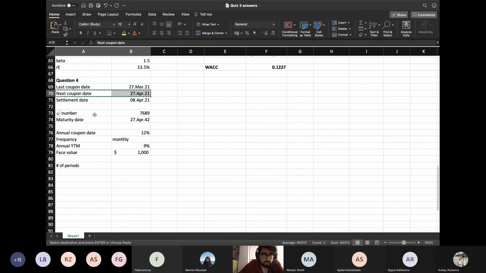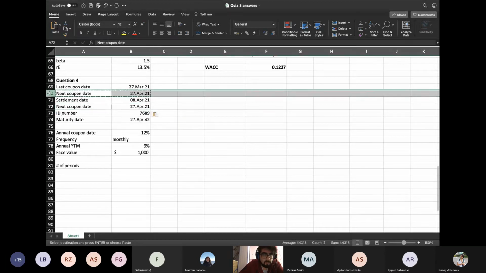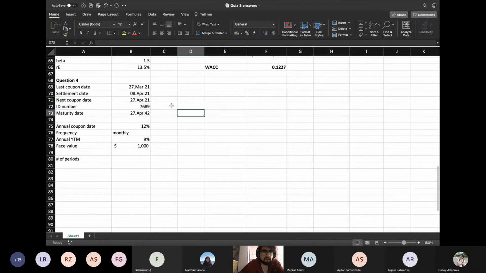Next coupon date. Okay, last coupon date 27 March 2021. Settlement date 8 April 2021. And next coupon date is 27 April 2021. Days are the same. Months are the same. So they have number of periods